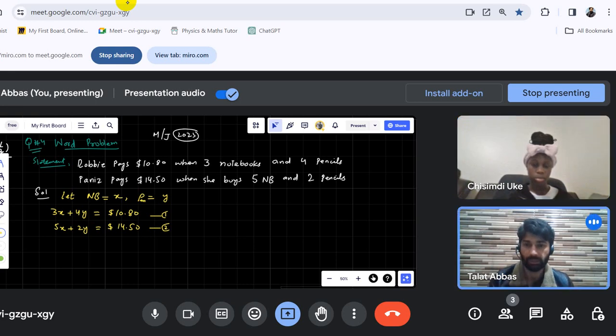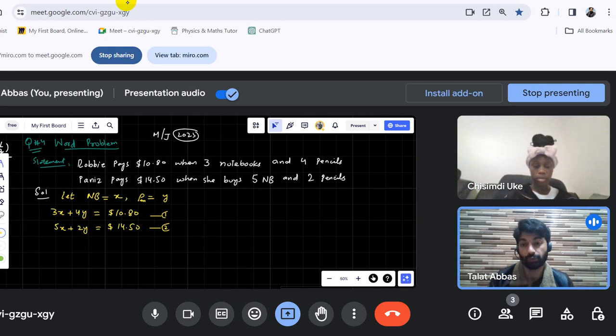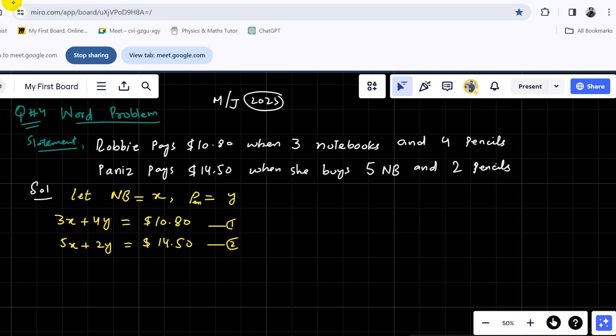So it will be 10.80, so it will become 21.6, I think. It's again a decimal. Yes, then you should multiply with 10 or 100, but we do not need to waste our space or our time. We can still solve it. It is not much more difficult, you just need to do some calculator work. If you are allowed to use a calculator, then you're good to go. If you are not, let's say